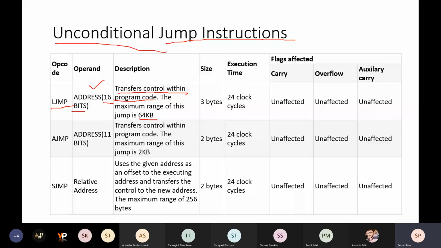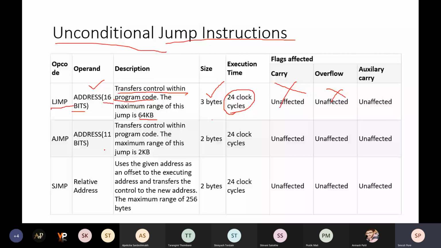The size of the instruction is 3 bytes, which means it will require 3 memory locations to store this instruction. It takes a huge amount of time for execution, that is 24 clock cycles. Flags are not affected by any of these 3 instructions.